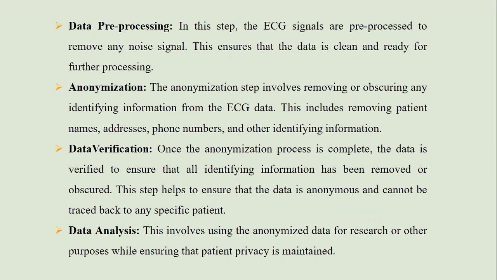Anonymization. The anonymization step involves removing or obscuring any identifying information from the ECG data. This includes removing patient name, address, phone numbers, and other identifying information. Data verification. Once the anonymization process is complete, the data is verified to ensure that all identifying information has been removed or obscured. This step helps to ensure that the data is anonymous and cannot be traced back to any